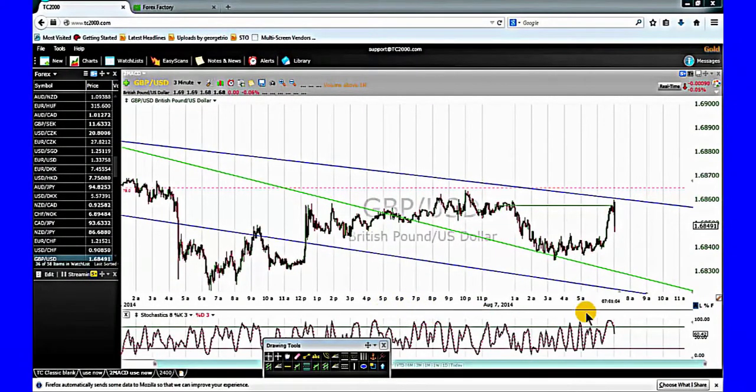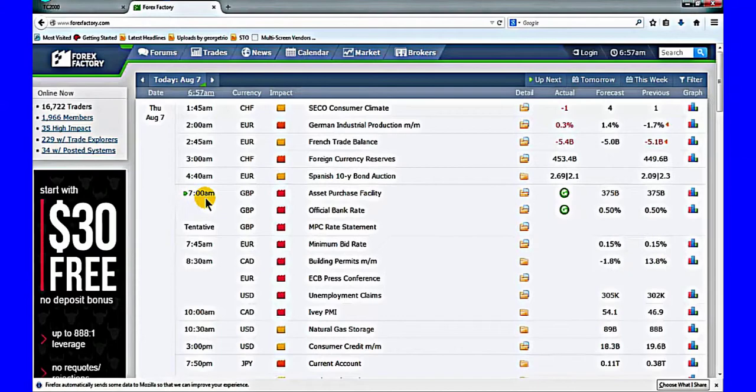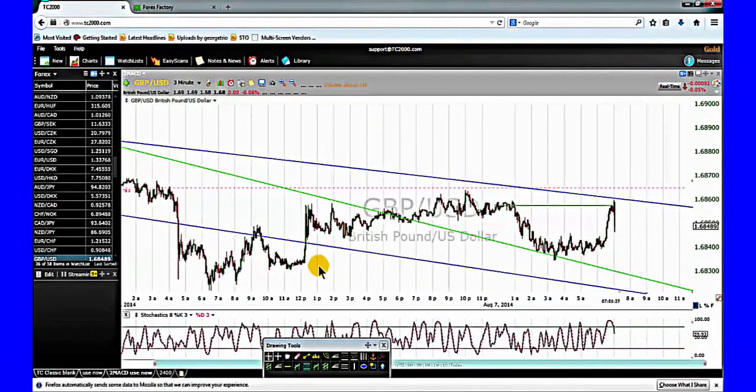We are expecting the pound-dollar currency pair to go down. The economy news that is due now at 7 a.m. Eastern Time: asset purchase facility, official bank rate, MPC rate statement. We are expecting the market sentiment to be bearish at the end of these three economy news using the wave forecast. I'm going to go quickly to the